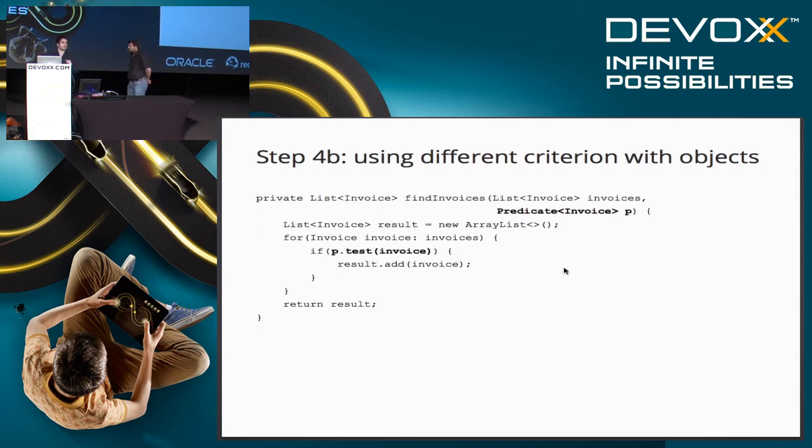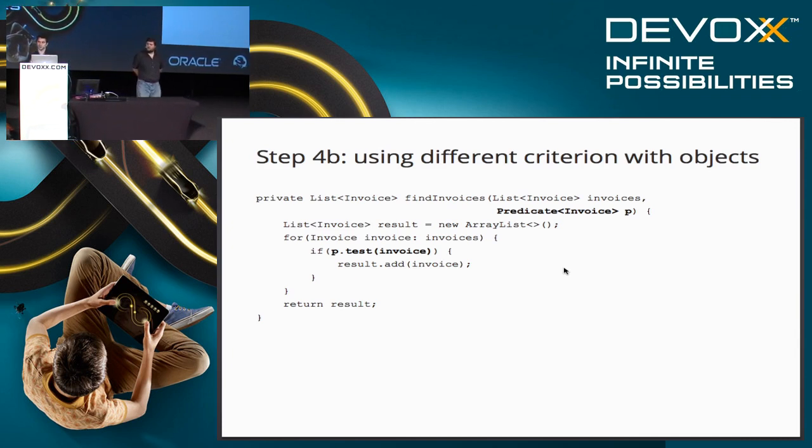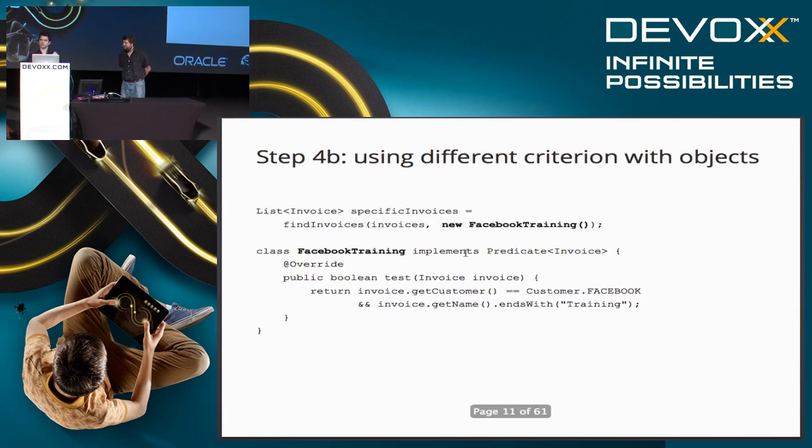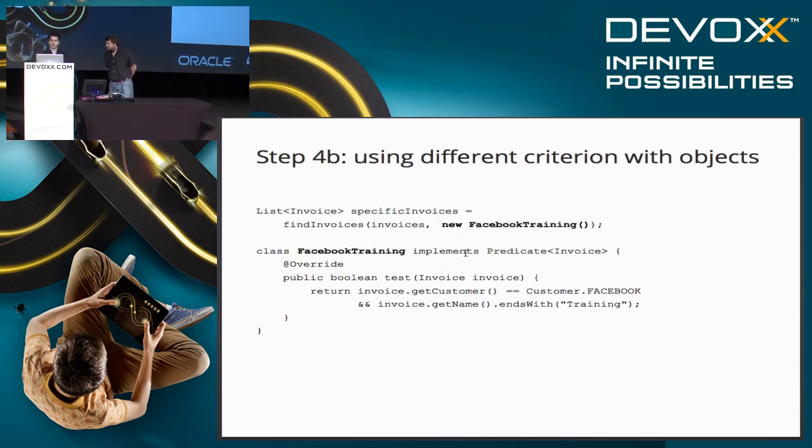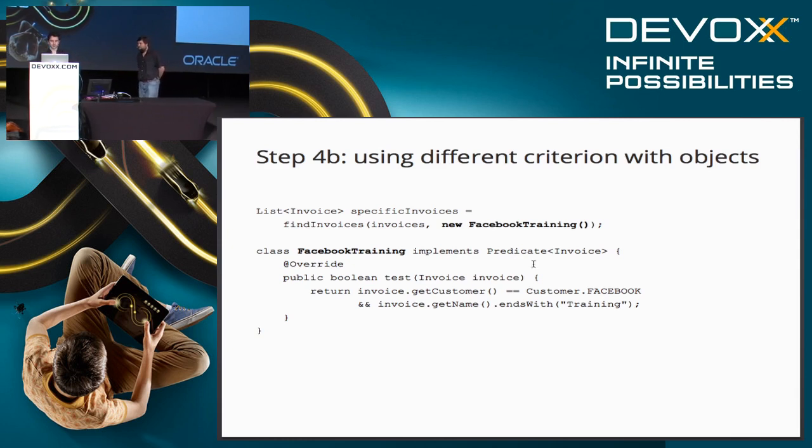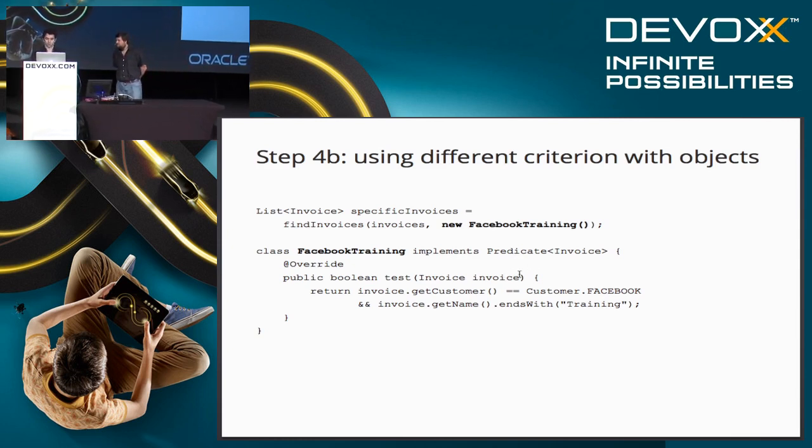So the next step to refactor the code is to actually use this predicate. Here we're introducing a parameter to our good old friend findInvoices method to take a predicate as an argument, and then we can refactor the condition to make use of it. This is very useful now because if I want to create any sort of predicates, then I can declare a class which implements this interface. We provide the implementation for the test method. So in this case here, given an invoice, we want to make sure that it's from the customer Facebook